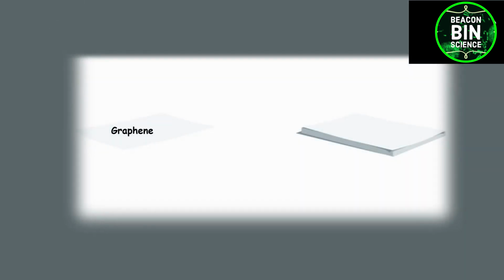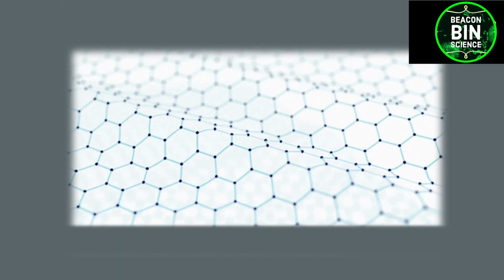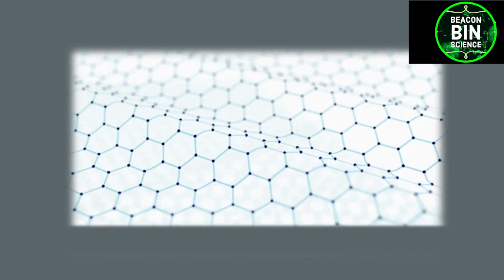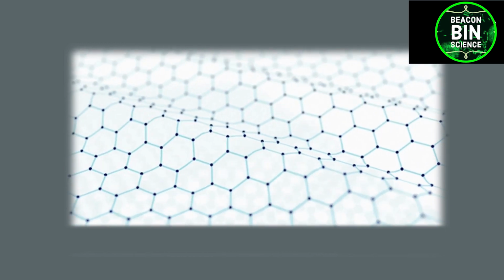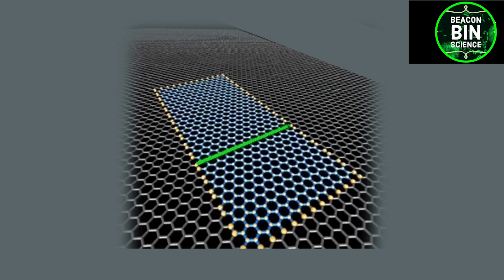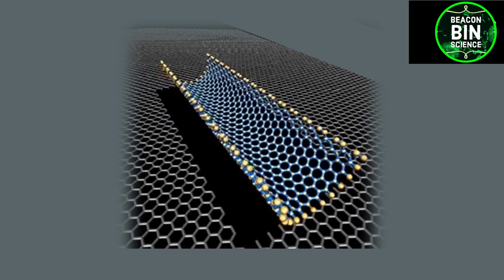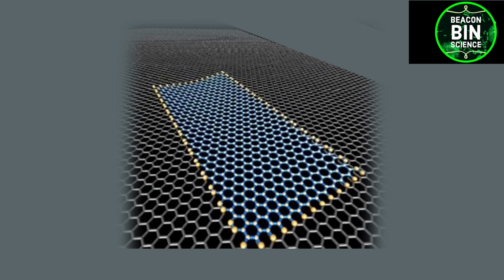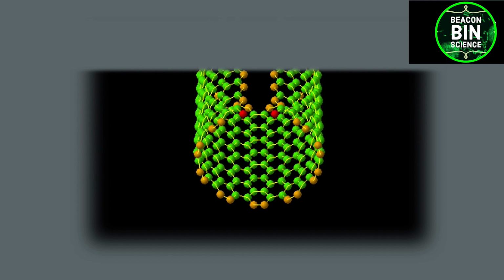Monolayers of graphene stack on top of each other to form graphite. In conventional graphite, the sheets of carbon are stacked on top of one another, allowing them to easily slide over each other. That is why graphite is not hard, but it feels greasy and can be used as a lubricant. Graphene is a two-dimensional material. Now, if we roll this 2D sheet into a cylinder, then that is known as a CNT, carbon nanotube.